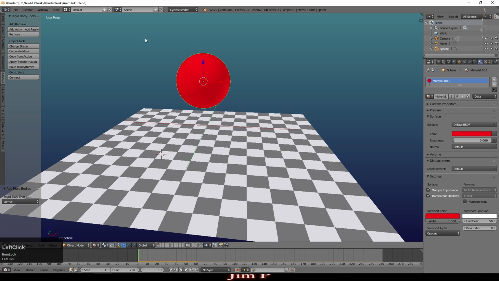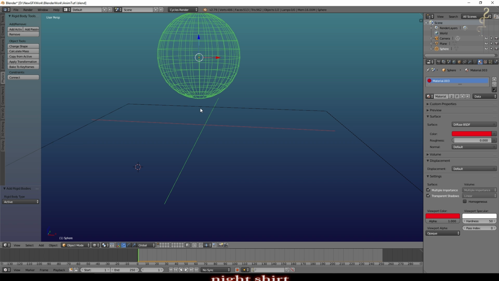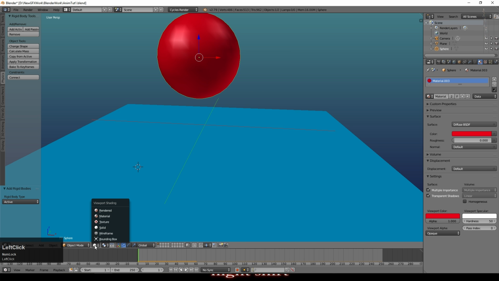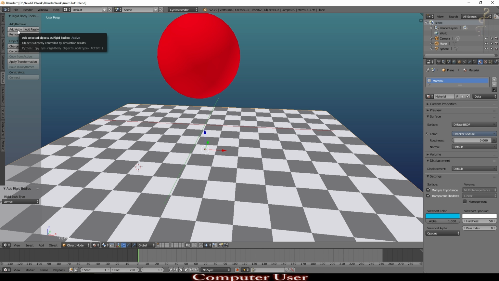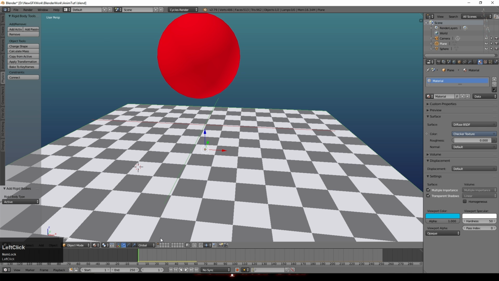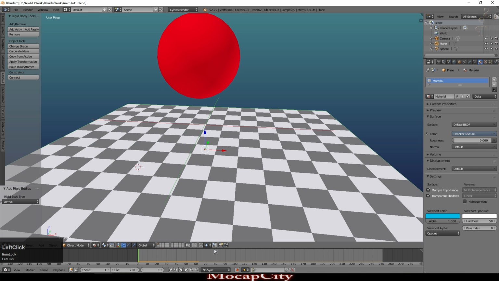That's because we've created a physics simulation world and we've put one object in it, which is this sphere, and you can see it's part of the physics world because it's got a green outline. If I go into wireframe mode, the wireframe is in green. So I'm going to select the floor plane now. If I select the same, Add Active, watch what happens. The floor actually falls away as well, which is clearly not what we want.